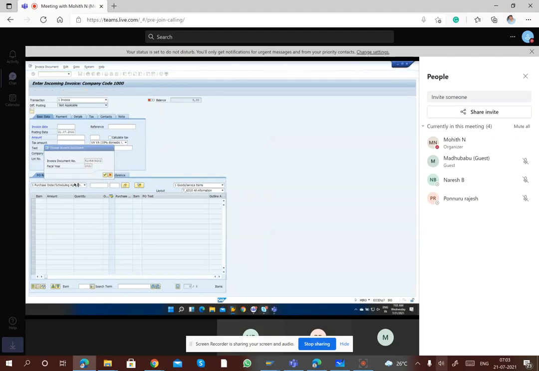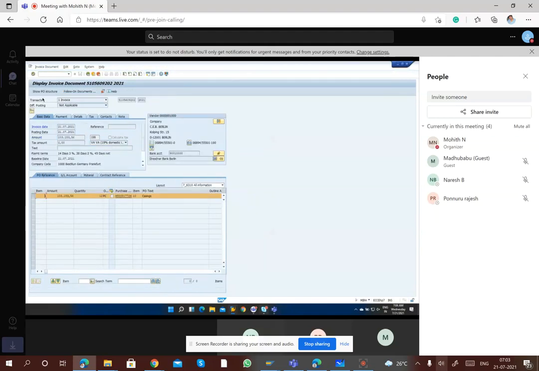Okay, so now I'm displaying this document. Here if you see, there are some follow-on documents similar to a GR. In GR we have FA documents. In the invoice you will have a follow-on document. It is similar to the FA documents, nullifying the earlier one. So this one, 51000, for this purpose we have maintained the number ranges, the 51 series.